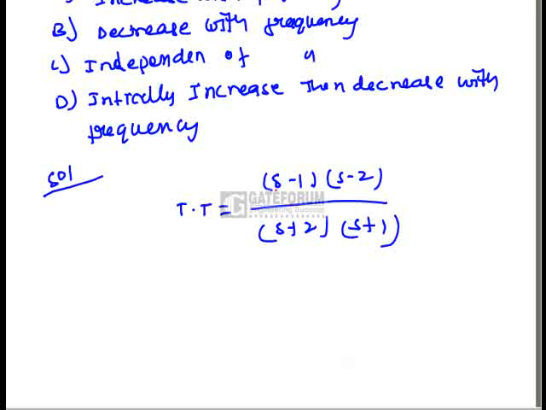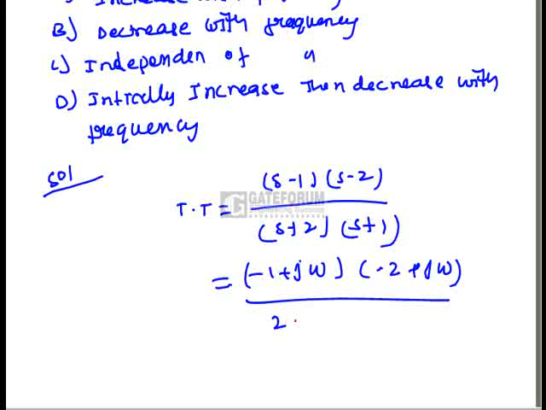So if you substitute s equal to j omega here, what will you get? Minus 1 plus j omega and minus 2 plus j omega, and in the denominator 2 plus j omega and 1 plus j omega. Now we have to find out the magnitude. So the magnitude of the transfer function is